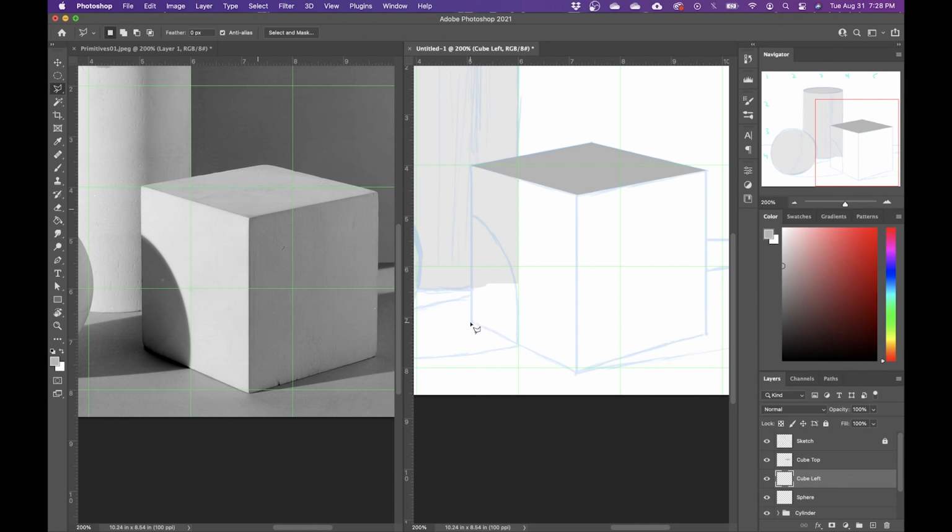I'm going to click one corner here, one corner here. And I'm actually going to go a little bit above what I actually need. That way when I go to add my coloring, there's not going to be a minuscule gap between the two sides. So I'm going to go a little bit higher than I need. I'm going to make sure that line is still going through the corner though. Then I'm going to hit that